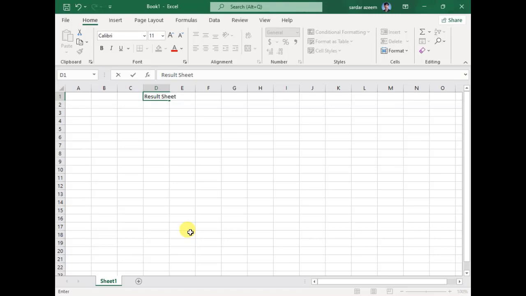Now, I'm going to type some fields about it. First field will be roll number. Next will be name of student. Next will be father name. Now I'm going to type marks of English, Maths, Physics, Chemistry, Biology,